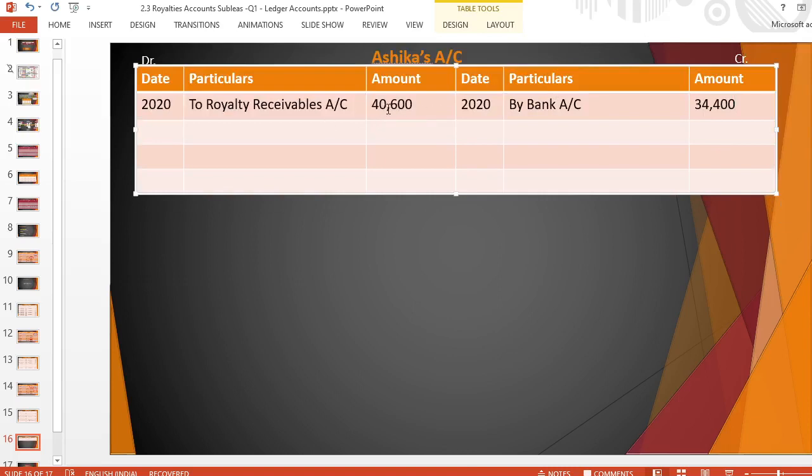Debit side 40,600, credit side 34,400. The balance is for a short working recoupment. So by short working allowable account,